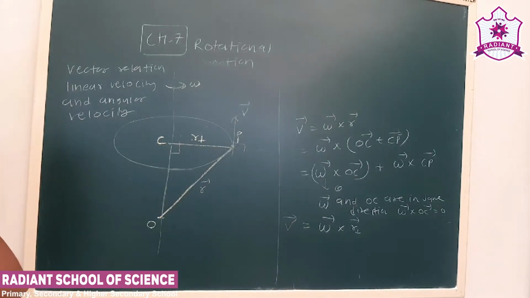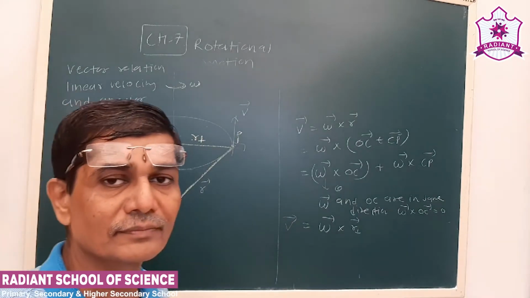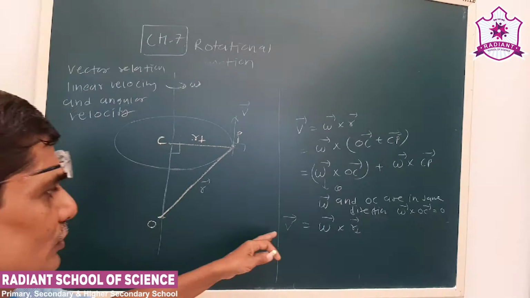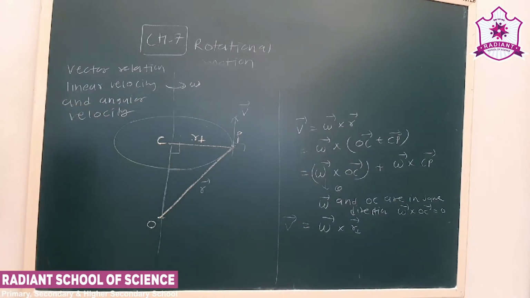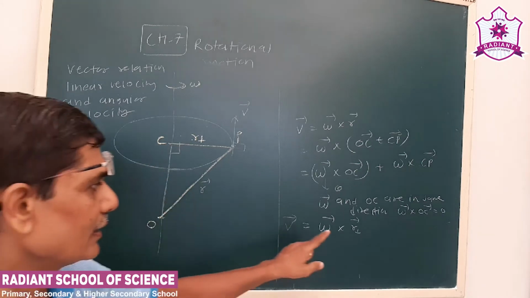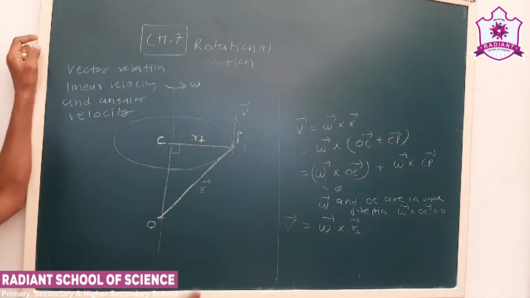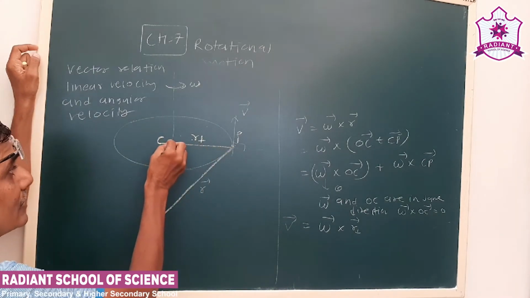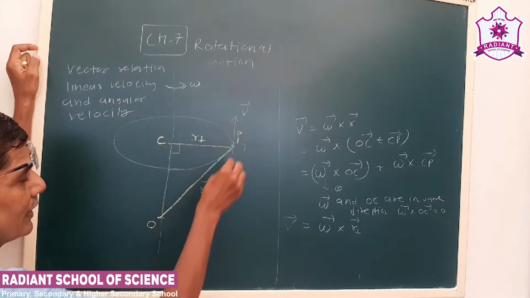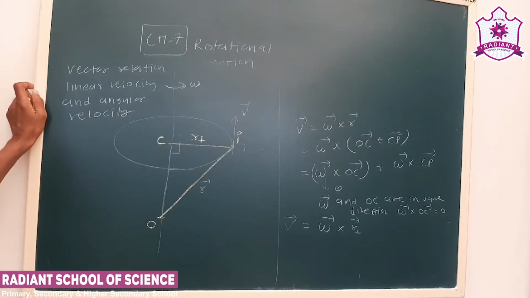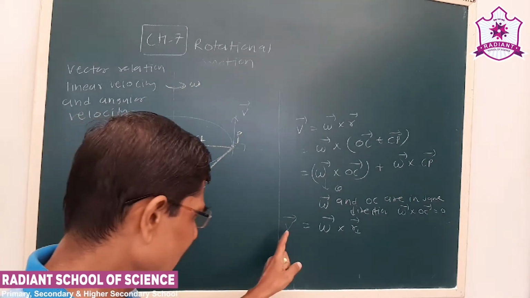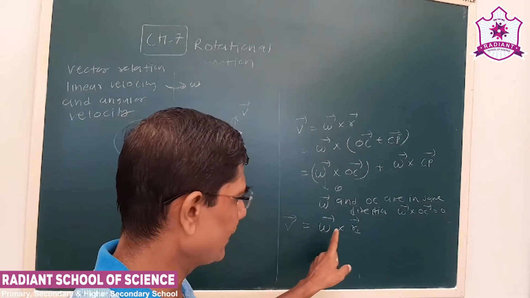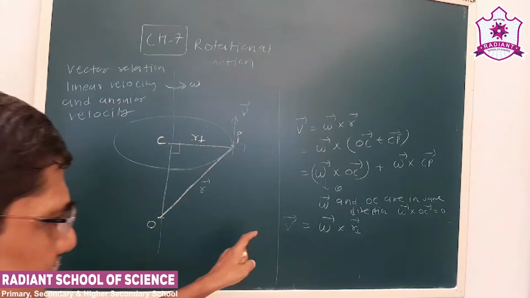Okay. Now uniform circular motion. The velocity is always tangent to the circle, that is fixed. But we can say omega cross r perpendicular. Omega r perpendicular is the perpendicular distance between the center of the circular motion and the velocity. So the vector relation between linear velocity and angular velocity is given as V is equal to